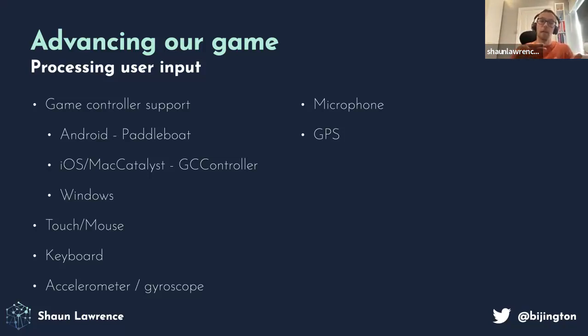So obviously we can have touch and mouse interactions. We can have keyboard interactions if you've got a desktop, or even if you connect a Bluetooth keyboard to your phone or your tablet. You've got the accelerometer in some of your devices, like your phone, so you could have a little marble run game that allows the player to tilt the device. You could even have the microphone enabled, so you can have some level of speech to text, and then allow the user to talk to the game and invoke commands like that.